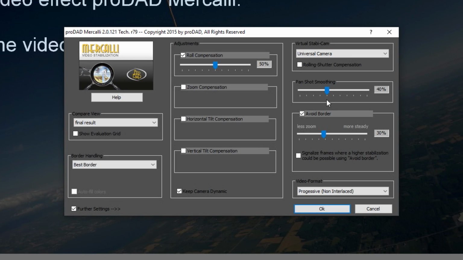Pan shot smoothing helps compensate for when your camera's panning side to side and maybe it's a little jerky or too fast. It'll smooth that out, make the transitions from left to right a little bit smoother. You can bump your numbers up on that if you want, or move it down. I'm going to leave everything on the default for what we're working on here,